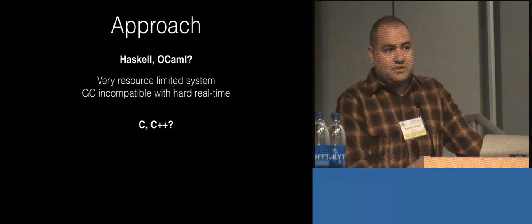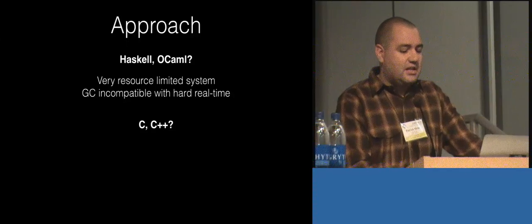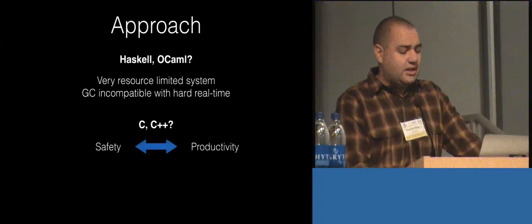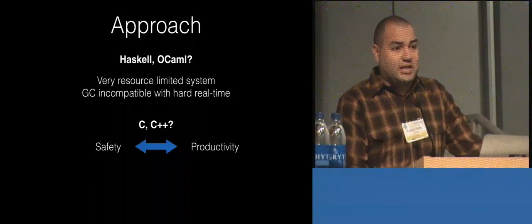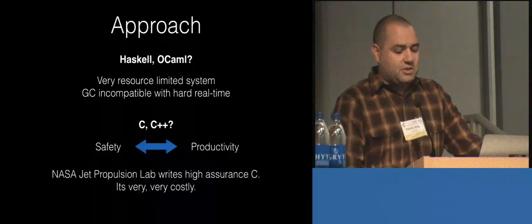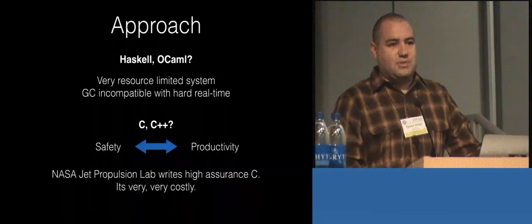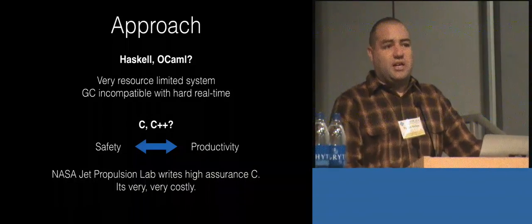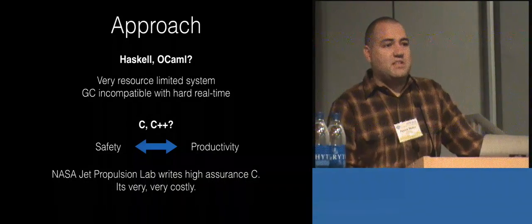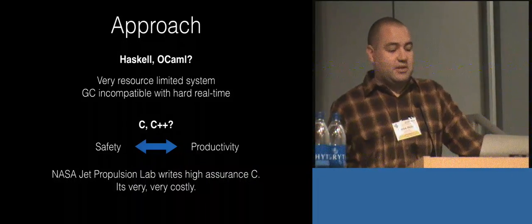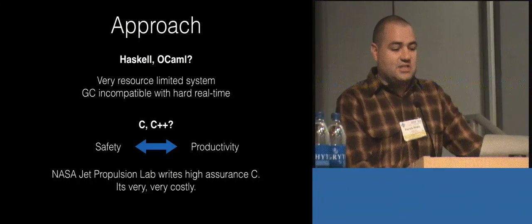So the industry basically just uses C or sometimes C++. And when they use C++, they can often only use a subset of the features of that language. And the big problem there is that you're in a constant trade-off between safety and productivity. The Jet Propulsion Lab, NASA, they write some very, very high assurance C that runs on satellites and Mars rovers. It's extremely costly because they have to put in a lot of both technical and human processes throughout that development cycle. So you trade off a ton of developer productivity in order to get that safety in the existing tools. So we got to build our own tools in this program.